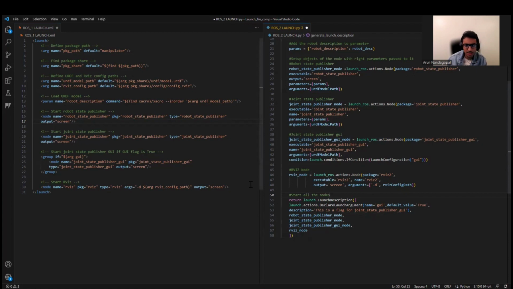Another small nuance is that if you want a conditional launch of a node, here we use condition equal to launch.conditions.IfCondition, and then we mention the launch configuration GUI. This is the condition we mentioned. When we call the launch file, if we set it to launch using the graphical user interface, it launches that. Otherwise, it doesn't. Similarly, the ROS1 version uses group if, and we specify the argument GUI,